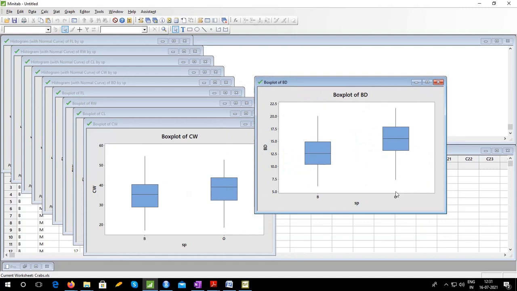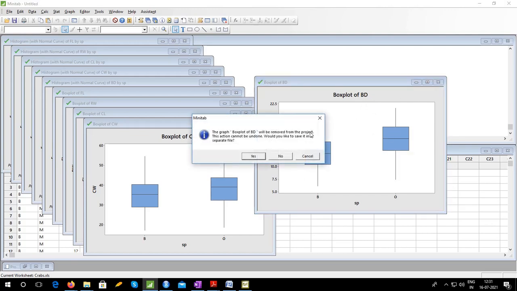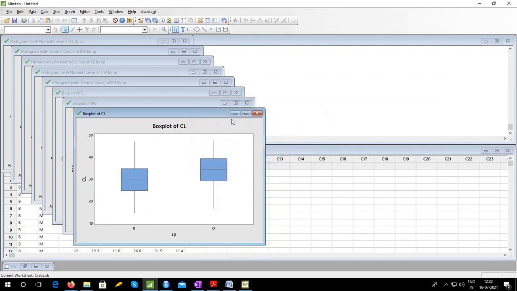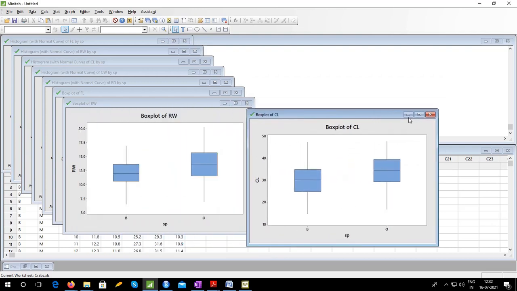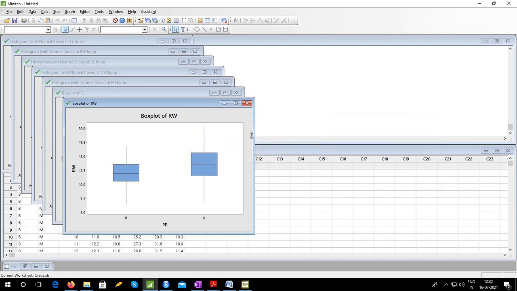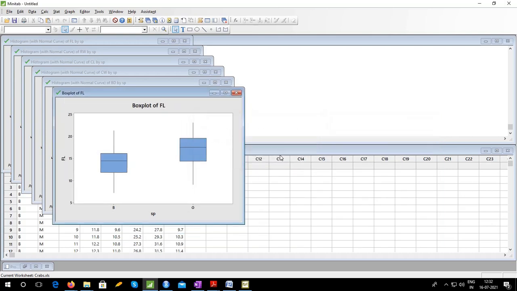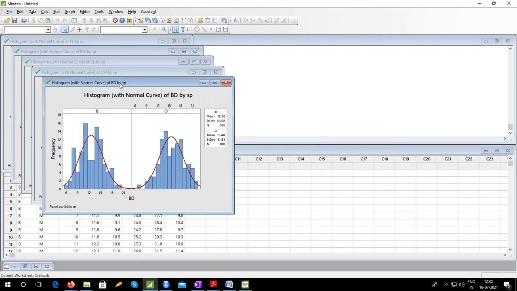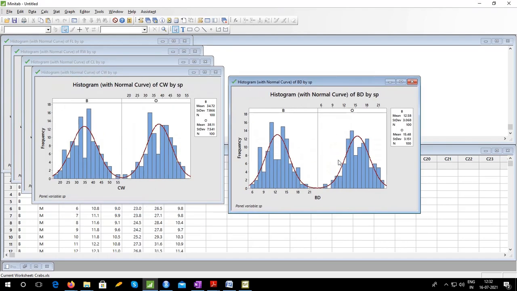You can see that for species O, the measurements on BD are comparatively higher, correct? Such things, even though they are very trivial, but exploratory analysis should be an important part of any data analysis exercise that you do. That's very important.